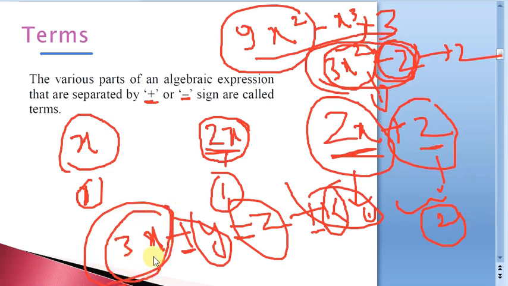And remember one thing, when something is under multiplication, we treat this entire entity as a single term. So here 3x is there, we should not consider 3 as one term and x as one term. Why? Because these are just multiplied to get a new term like 3x. 3 times x is going to be considered as a single term only. We have to look for only addition and subtraction signs in between, then only we take into consideration the number of terms.